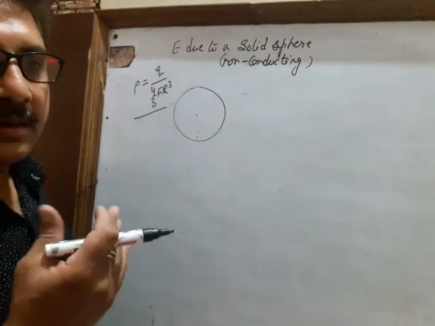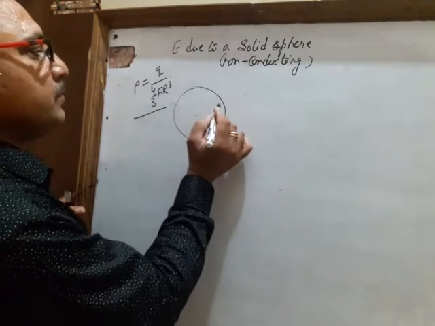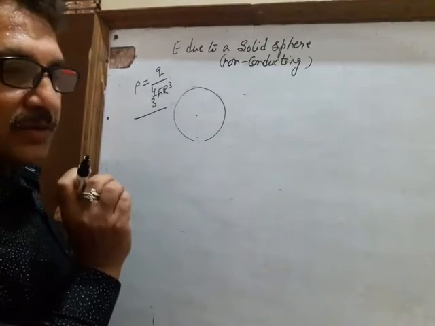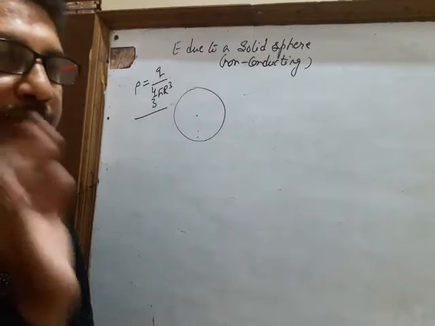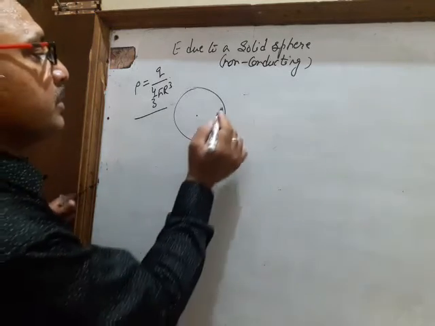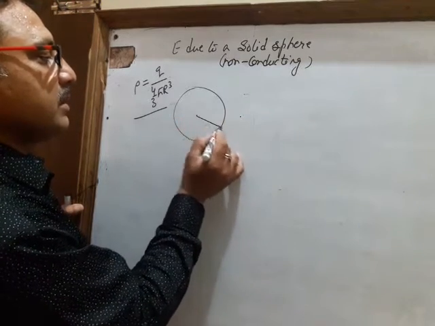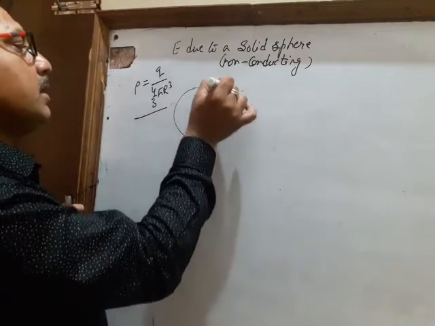You can take a cork ball, that is a solid sphere. Whatever small pieces you take of this, suppose you take small pieces of a cork ball, the volume charge density will remain the same, no? So you take a point outside this. This is of course a radius capital R. Once again you take point P and you